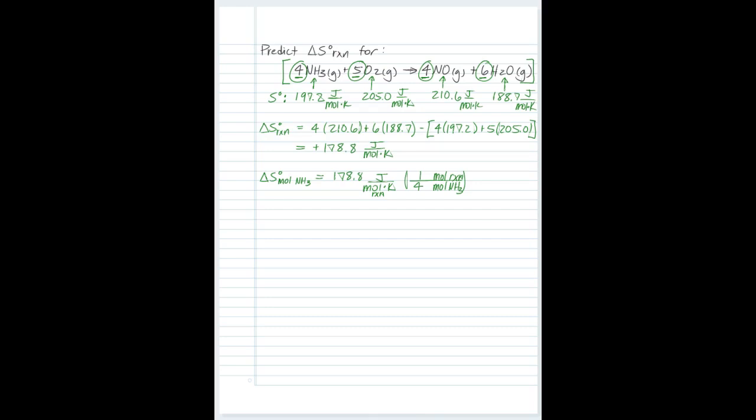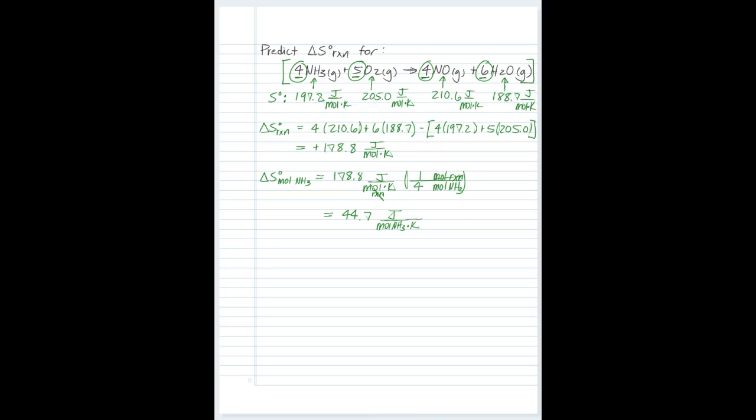That one single unit has 4 moles of NH3 in it. And so writing it this way, you can kind of see how the units work out. The moles of reaction cross out and give you moles of NH3. And this value happens to be 44.7 joules per mole NH3